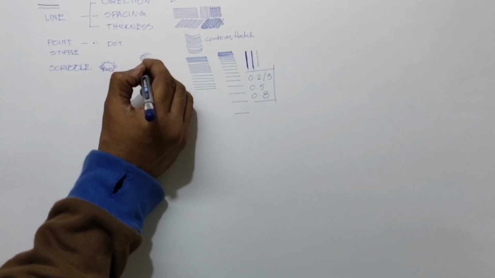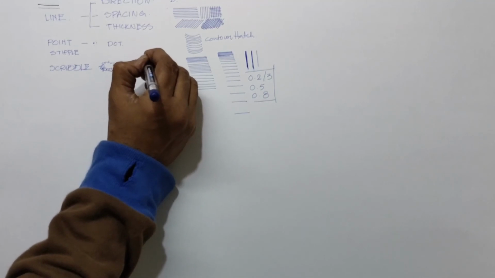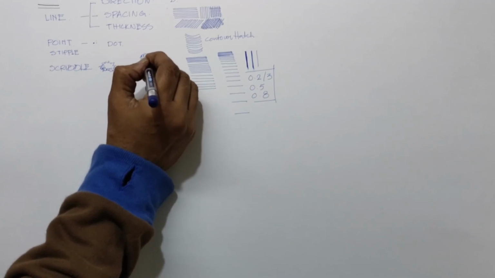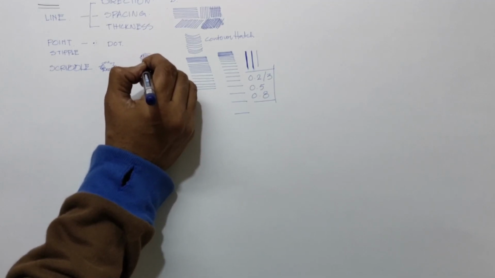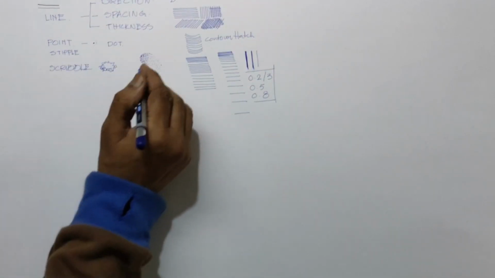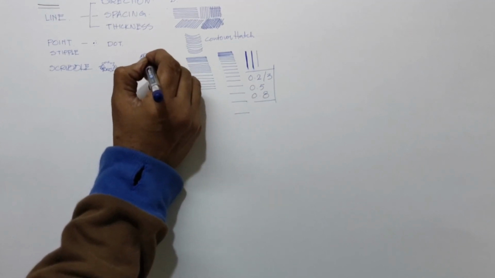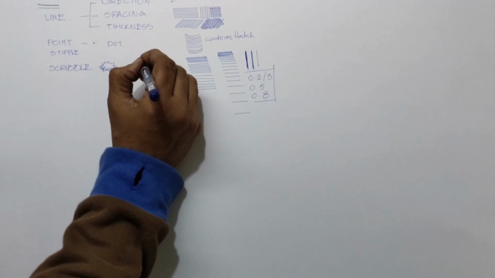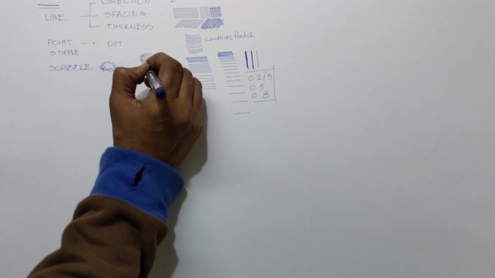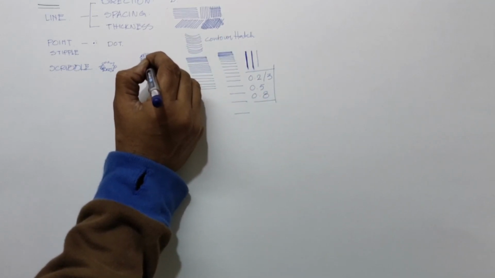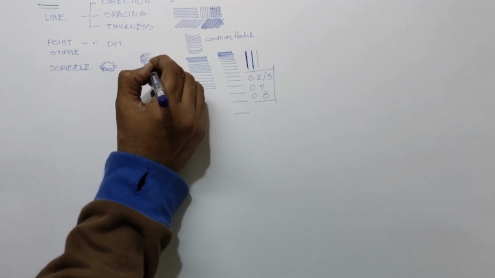See here, very close stippling, but remember you need to place only dots, not short or small lines, no lines, only dots. If you notice, I am putting only fine dots, and out of all these 3 types of hatches, this is more time consuming, and you need to have a lot of patience to do a sketch or a render in stippling. It's very time consuming compared to others. Okay, scribbling is the easiest one, I would say. So scribble can be the easiest one. Okay, like this you can do.